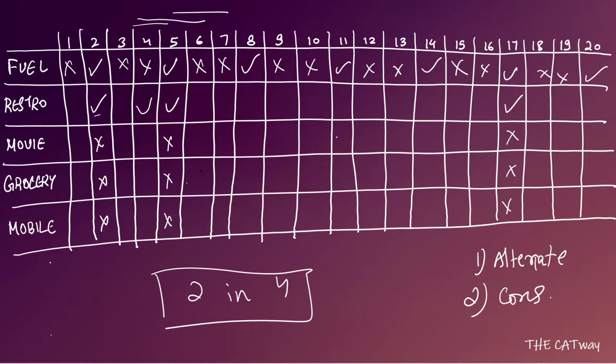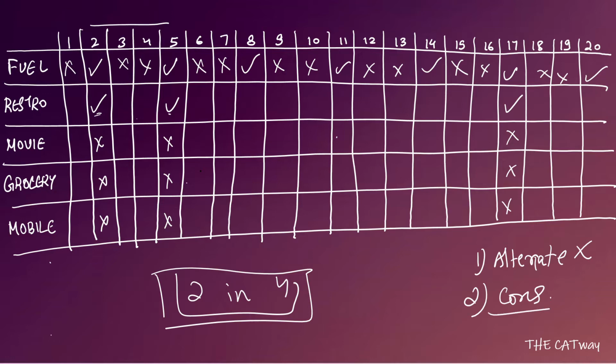But if you see day 2, 3, 4 and 5, it's a span of 4 days. In this span of 4 days, you can see that it has come on day 2, 4 and 5. That means on 3 days. But we know that it has to come only on 2 days. So this case is not a possible one, because 2 and 5 are definitely fixed. So alternate is not possible.